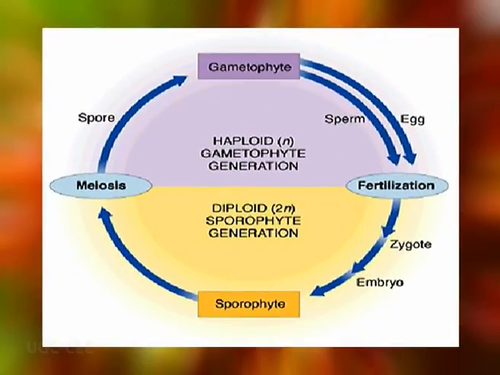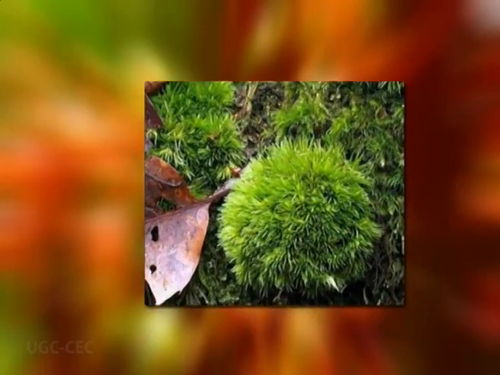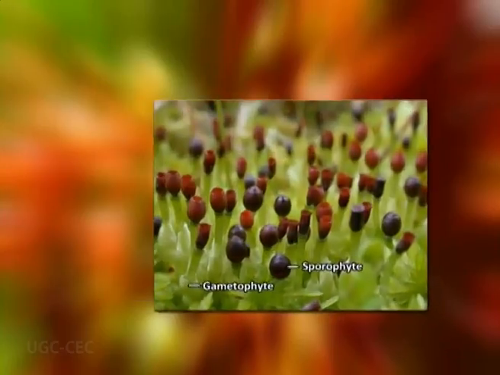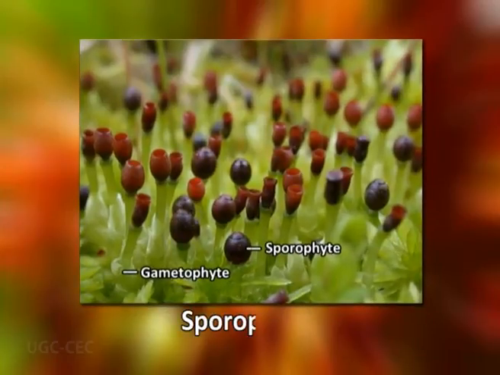When we look at the life cycle of bryophytes, we come across two distinct generations, gametophyte and sporophyte, with gametophyte being dominant in the life cycle. The gametophyte in bryophytes is haploid, green and independent, while the sporophyte is diploid and dependent physically as well as